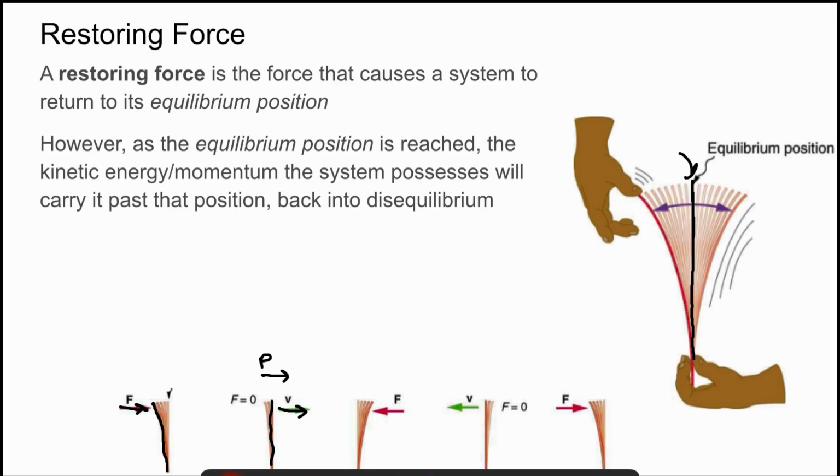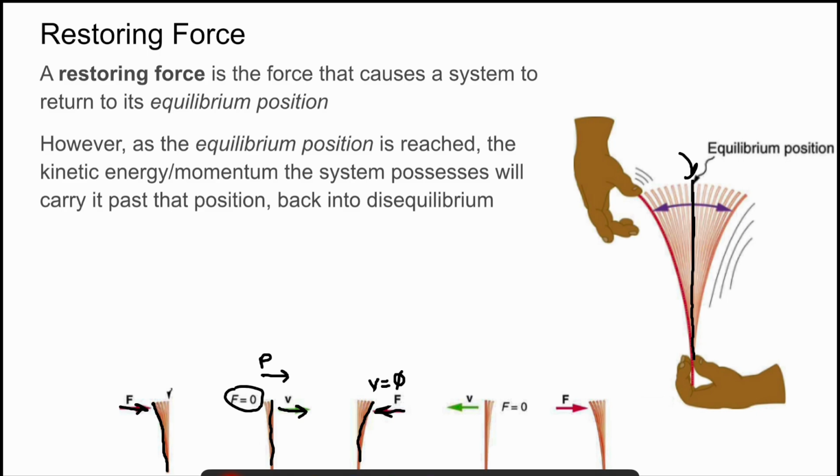And so once it gets to that position of equilibrium, even though its net force is 0 here, its momentum is going to carry it through here until it gets to the other end. And once it hits that other side, then it's going to have some force pushing it back towards equilibrium again, right? And eventually it hits the end where it reaches its position of amplitude, its maximum displacement, where it's going